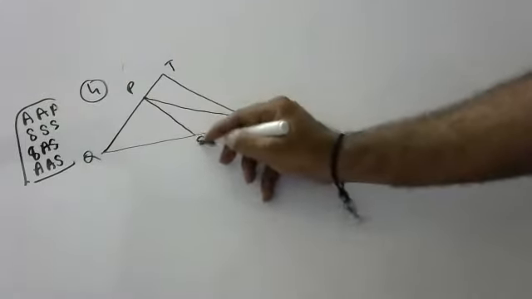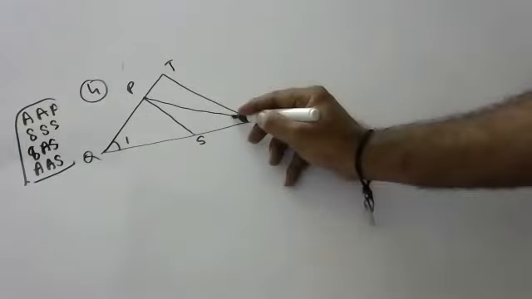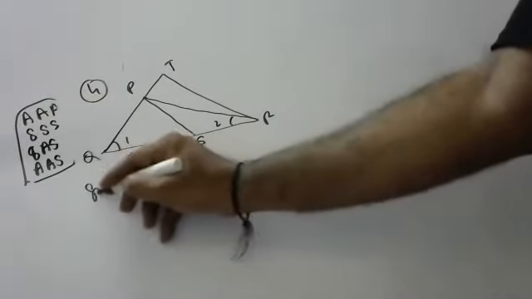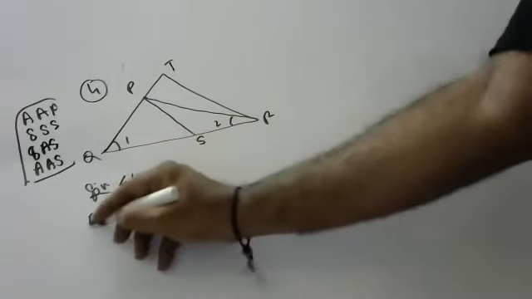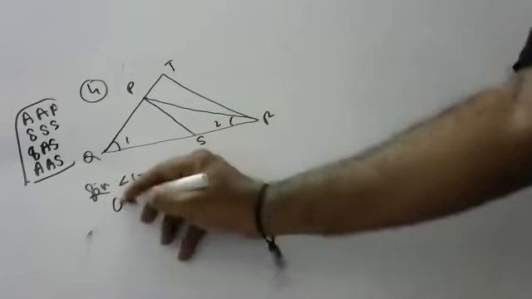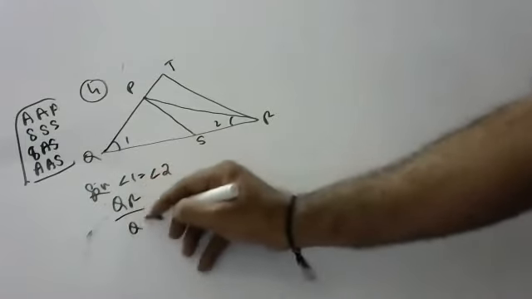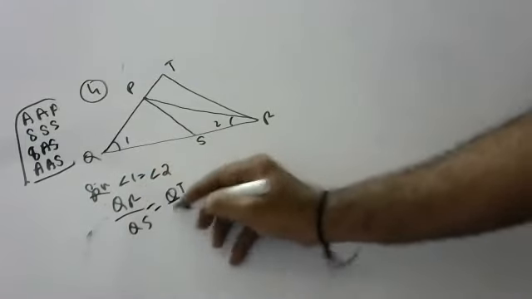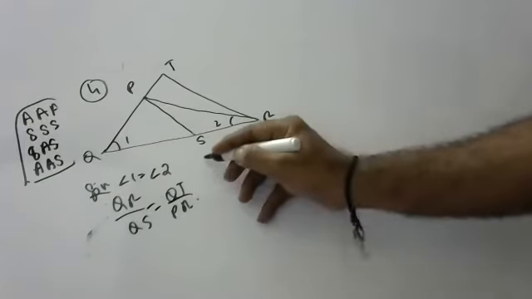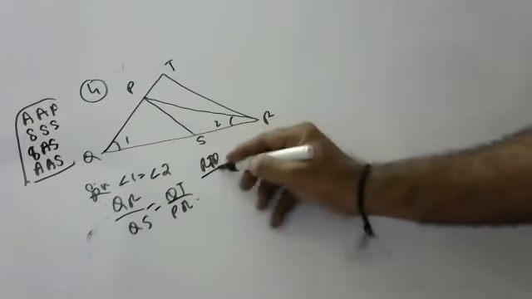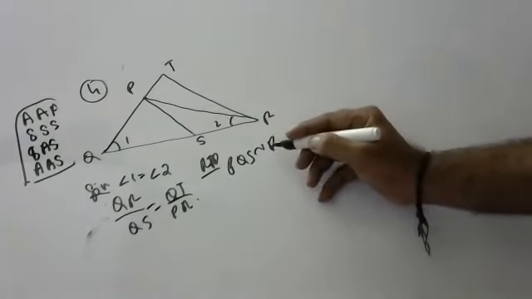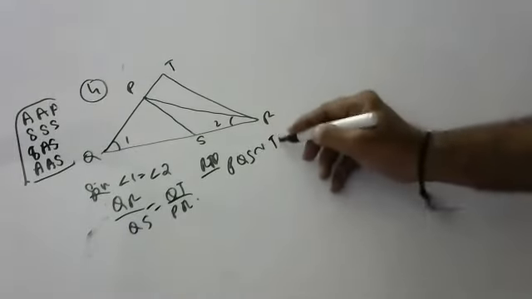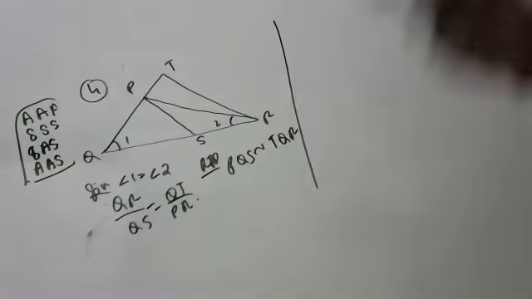They have given that angle 1 is equal to angle 2. And also they have given that QR by QS is equal to QT by PR. See in your textbooks, children, don't sit idle like that. What is required to prove? We have to prove that PQS is similar to TQR. Let's go to the proof, children.